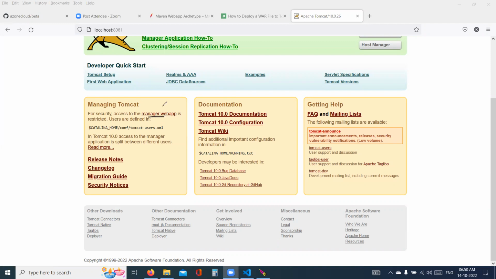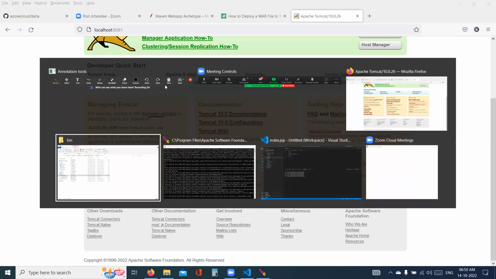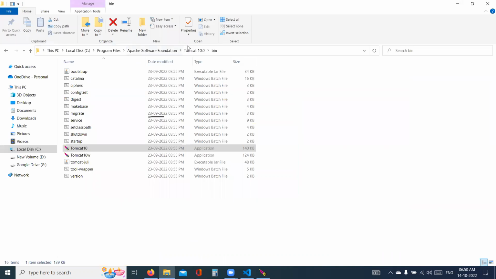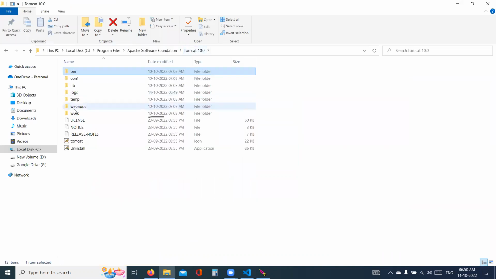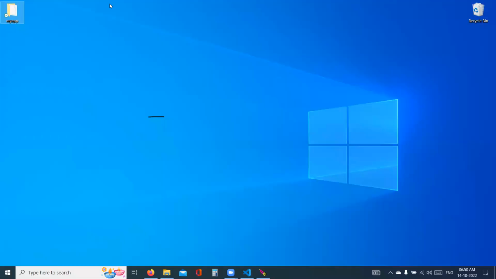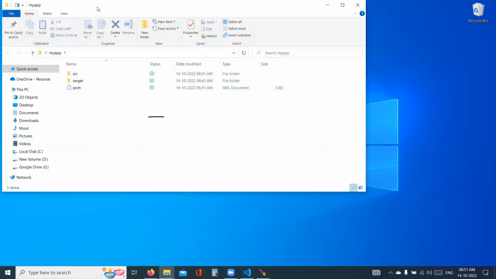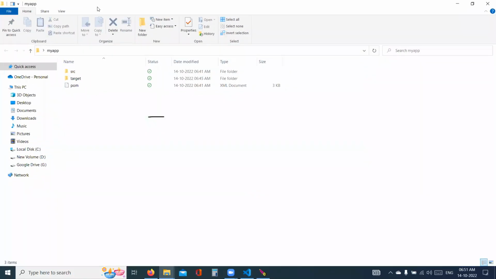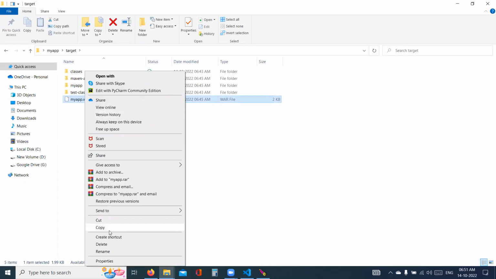So if you look at this Tomcat, you will find the Tomcat folder with webapps here. Okay, so I'll keep this folder open on one side, and I would like to go to my project. Now I know my project bundled my artifact, kept in the target folder. I can see there is an app.war file. I'll copy that file